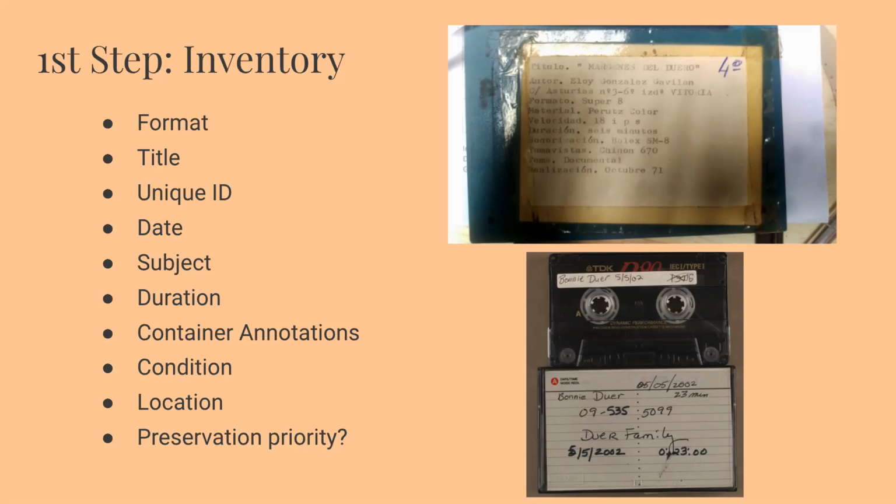Condition notes will be helpful to anticipate any kind of special handling that the material might need, which could take extra time and resources. We've included in the resources guide California Revealed's audiovisual format guide, which can help you identify particular audiovisual formats. One of the main challenges with the inventory of audiovisual material specifically is that we are not